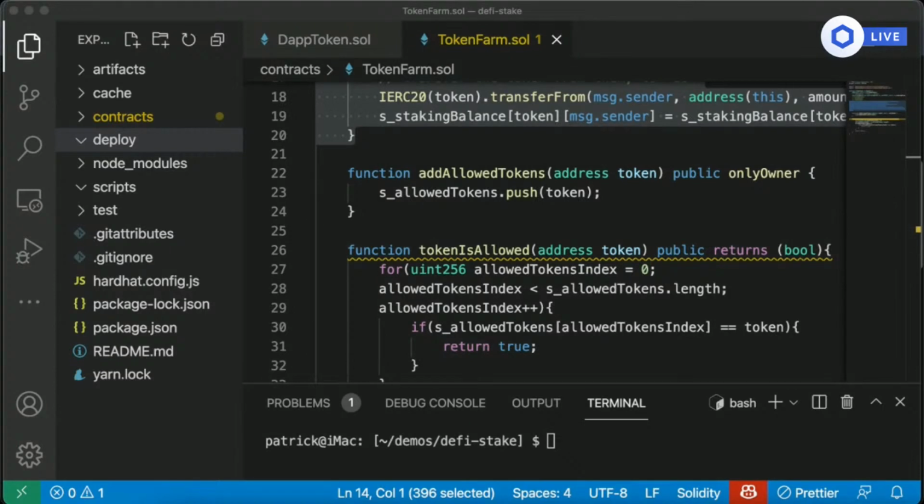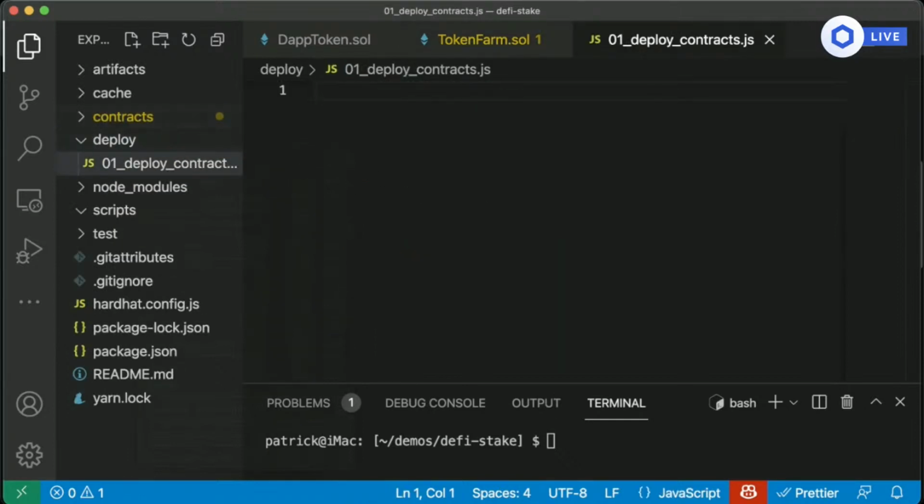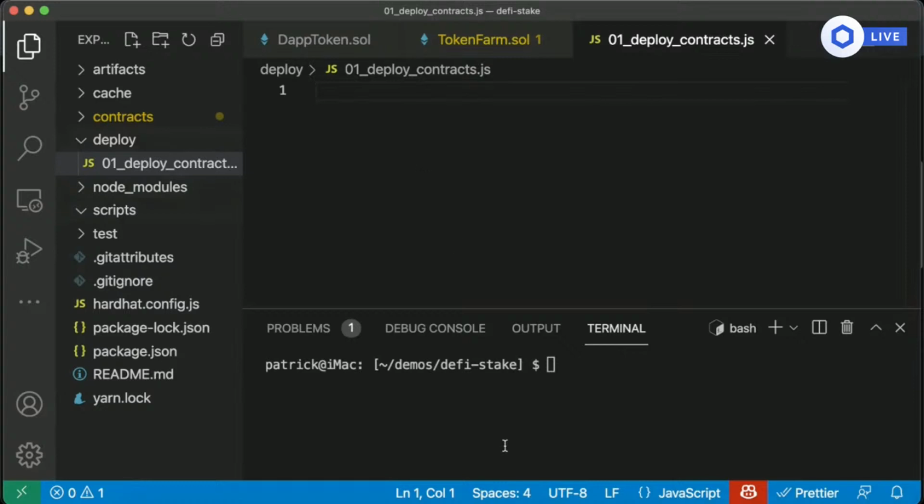All right. So let's go ahead and do a deploy script here. In our deploy folder, create a new file, 01-deploy-contracts.js. And in here, we're going to use, when we run npx hardhat deploy, this is what's going to run. So we're going to do